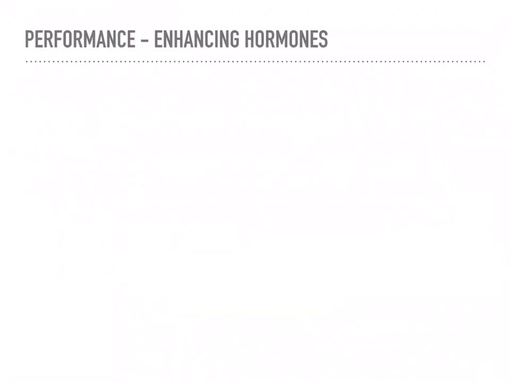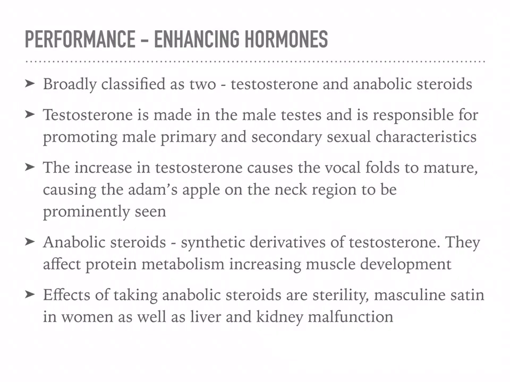Performance enhancing hormones. We are coming to the end, the last segment of the video. We'll talk about performance enhancing hormones in this case. These hormones are broadly classified into two: testosterone and anabolic steroids. Testosterone is made in the male testes and is responsible for promoting male primary and secondary sexual characters. The increase in testosterone causes the vocal folds to mature, causing an Adam's apple, which is generally seen on the